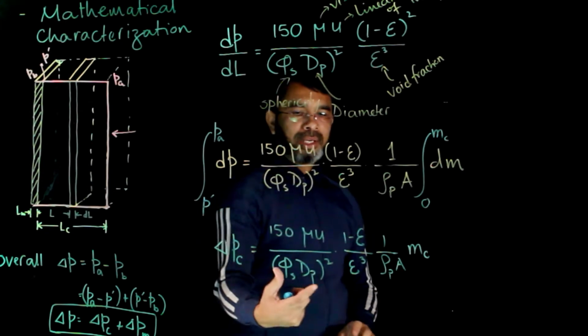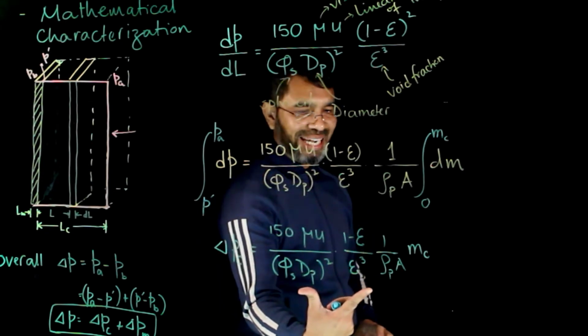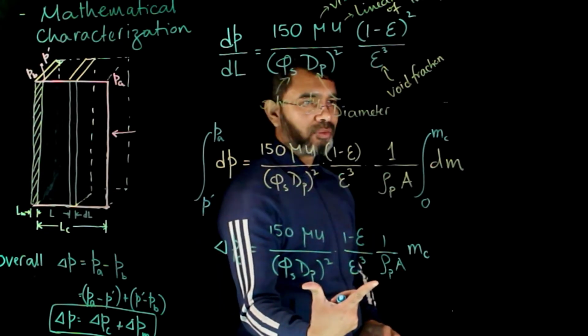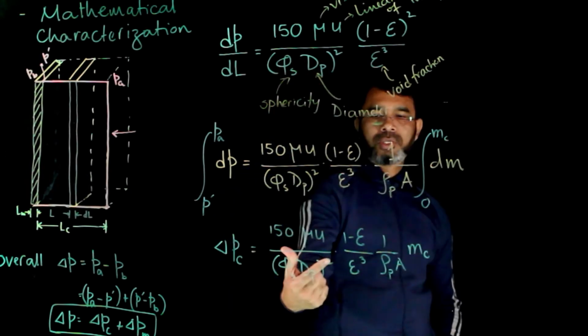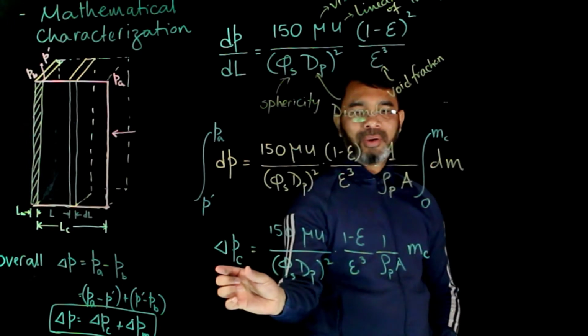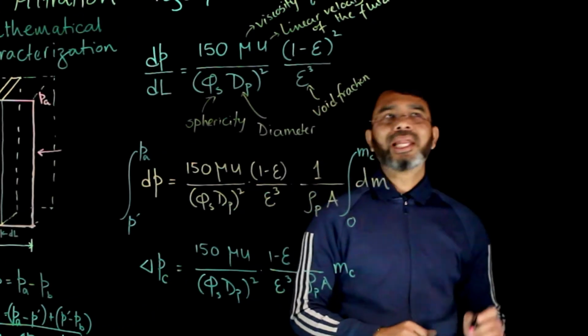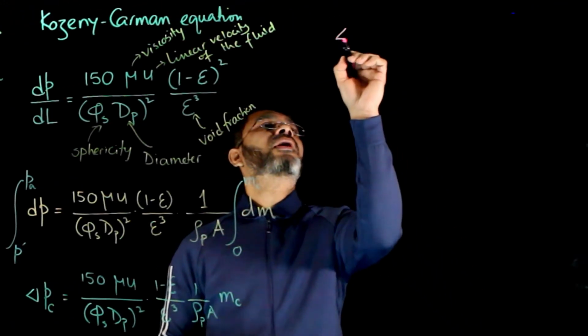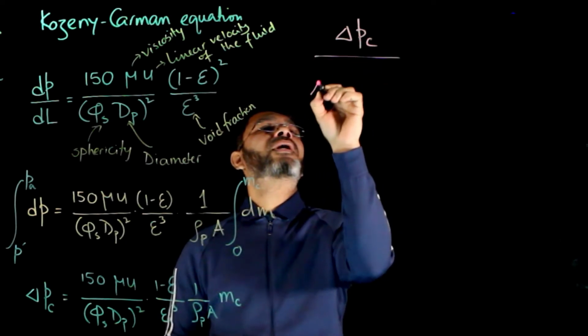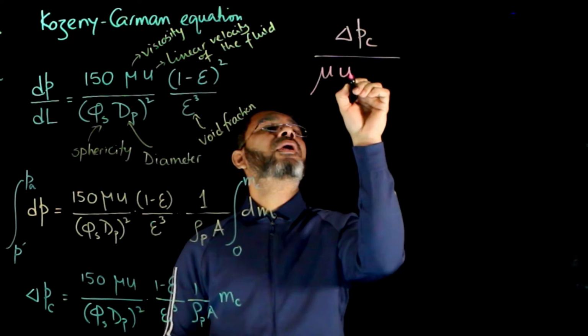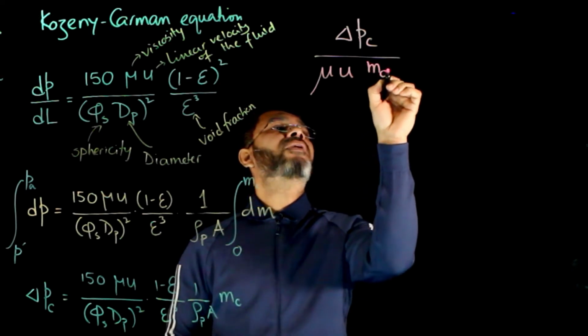So this is one of the relations that we can get by doing the integration. From here, we will formulate a new term. If we do a little rearrangement of these terms, we get delta Pc over mu u mc over A